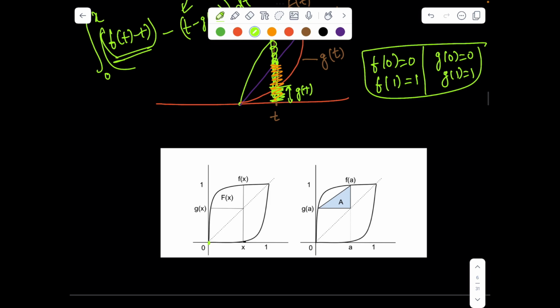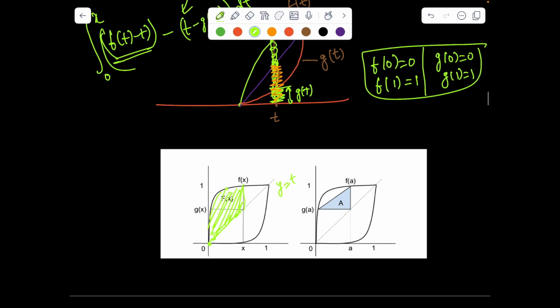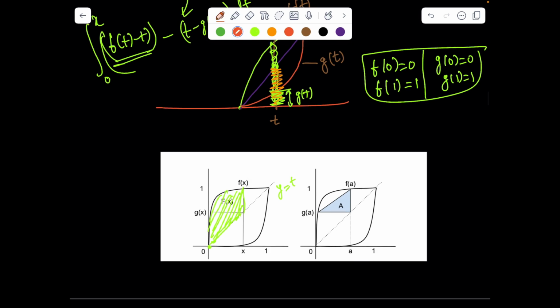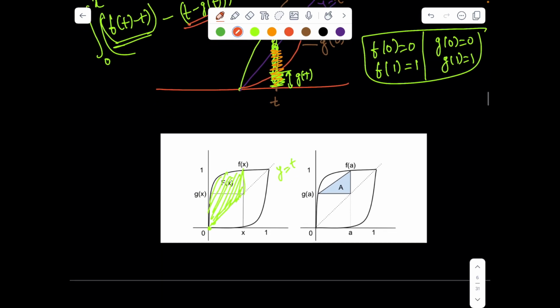So let's decode the f(t) minus t value from 0 to x. So at any point from 0 to x, f(t) minus t represents nothing but the area bounded by the curve f(t) and the y equal to t line, right? Now out of this area, we need to take away the area bounded by t minus g(t). So y equal to t is this line, and if I take away g(t), which means this area chunk,